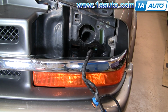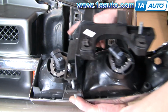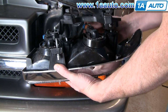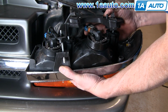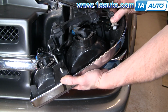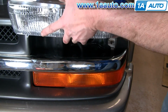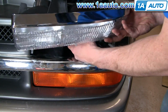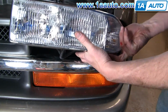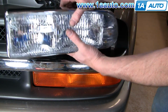Okay. The other thing is you don't want to pinch your wires. So I'm going to plug in the harnesses here, and then I'm going to show you how to make sure you don't pinch the wires. Those tabs I showed you a few seconds ago, they also have tabs that come forward, and once you have one of these lights in your hands, you'll understand what I mean. But what you do is you take the harnesses and you put them up on top of the protruding tabs, and that keeps them from getting in behind the other tabs and getting caught between the metal and the plastic